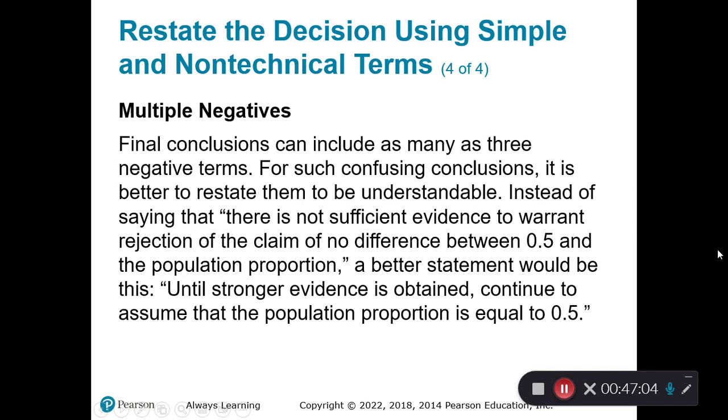Yes, there are multiple negatives. So failing to reject, there's 2 negative words there, to fail and to reject. Failing to reject is an acknowledgement that our sample result just fell short. So I do, and statisticians do, prefer the double negative for that reason. It's an acknowledgement that we have failed to gather the kind of evidence that was necessary for us to reach